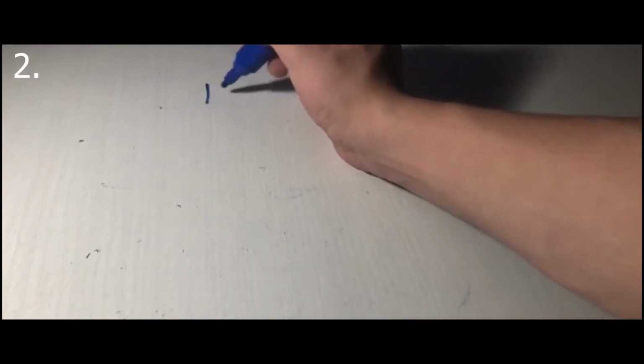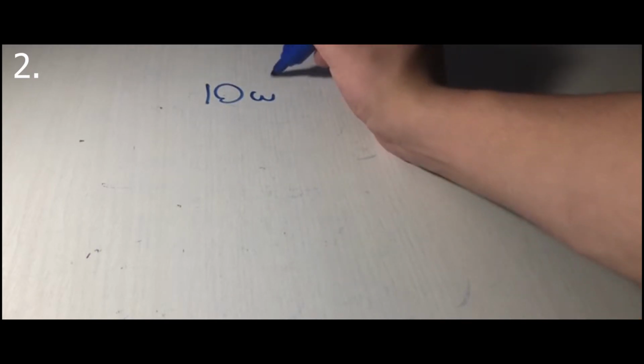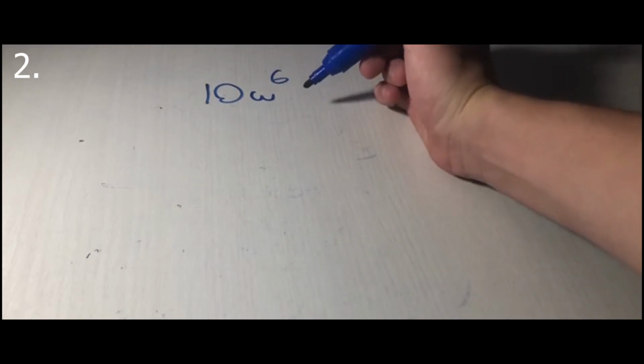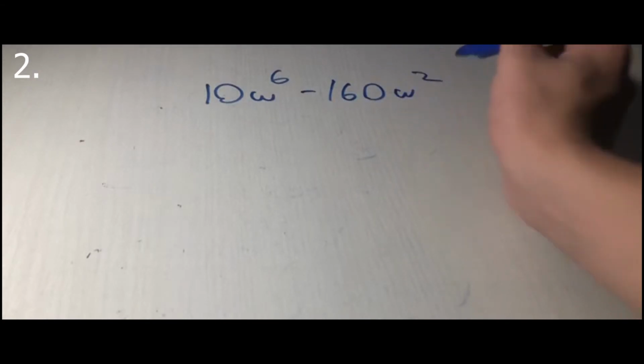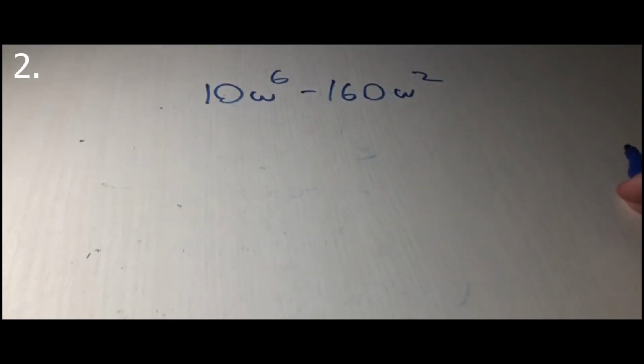Right now the question is a little bit easier because it's only 2 numbers. So the numbers are 10w to the power of 6 minus 160w squared. So right now we have to do again the GCF, which is